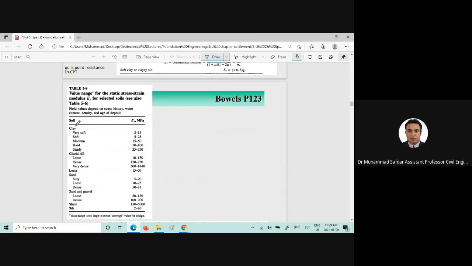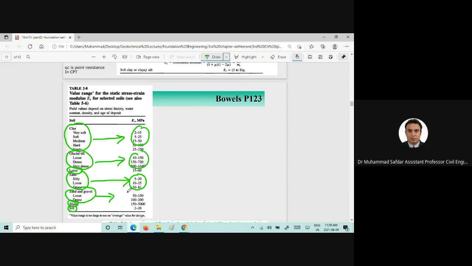If we classify the soil, there are different modulus of elasticity values given based upon that particular soil. For example, if it's sand and gravel, and if it's loose or dense, you can approximately take a value there. And particularly these are useful when you are doing